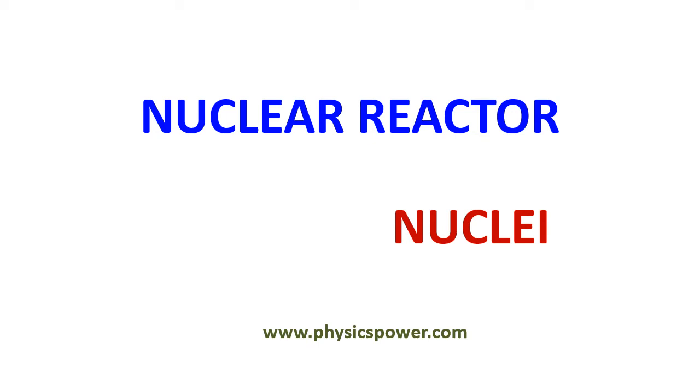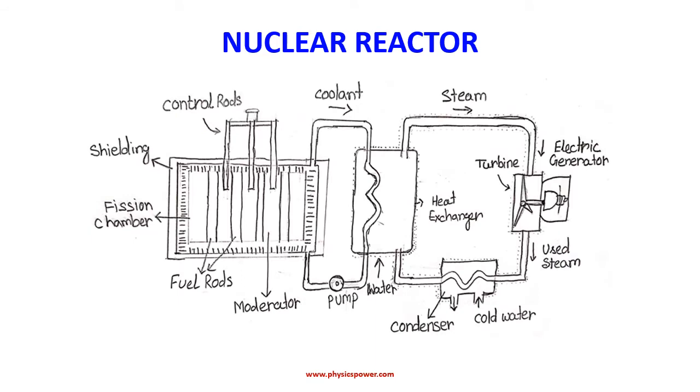Now I am going to give the details about the nuclear reactor in the nuclei lesson. The nuclear reactor block diagram will be as shown in the diagram. It consists of many parts. Let me explain one by one. Inside, you can see the fission chamber where we arrange the nuclear fuel and initiate the nuclear fission reaction by using uranium or plutonium. The particular fuel we will use, I will explain in the next slide. Here let me explain the parts one by one.